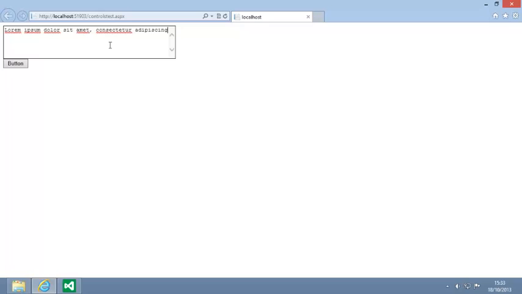Unfortunately, the max length property has no effect. The user can still enter as much text as they like. Close the browser now